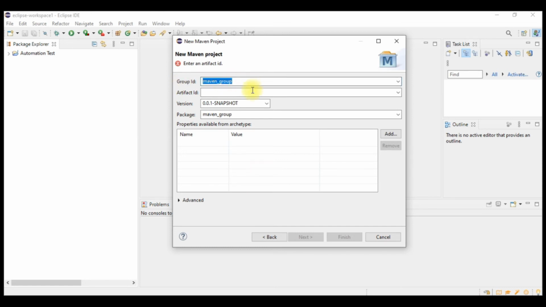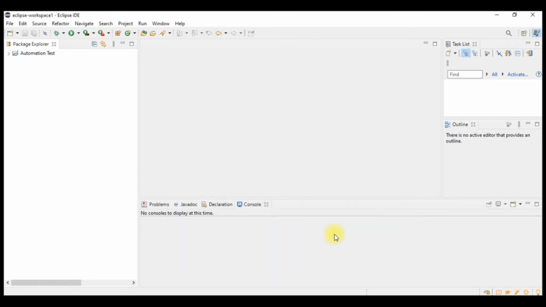It is already provided, and let us provide the artifact ID as Maven artifact, and let us provide the package as Maven package. Then we have to click on finish.